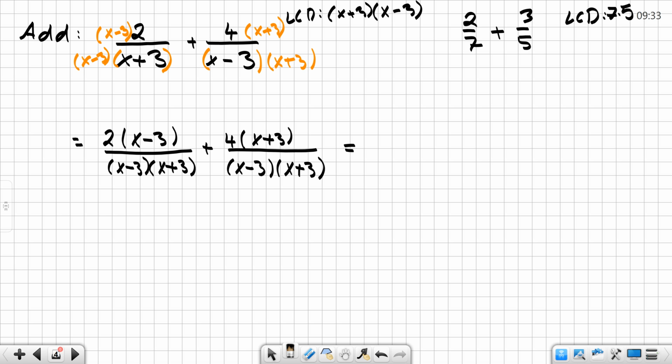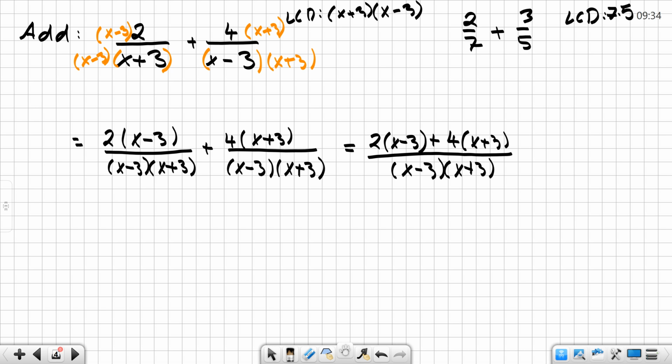Same denominators. That means now we can add the numerators. So I have 2 times x minus 3, and I want to add to this 4 times x plus 3, everything divided by x minus 3 times x plus 3. I am simplifying, and then at the end, the last step will be again that I will look and see if I have common factors. So I got 2x minus 6 plus 4x plus 12